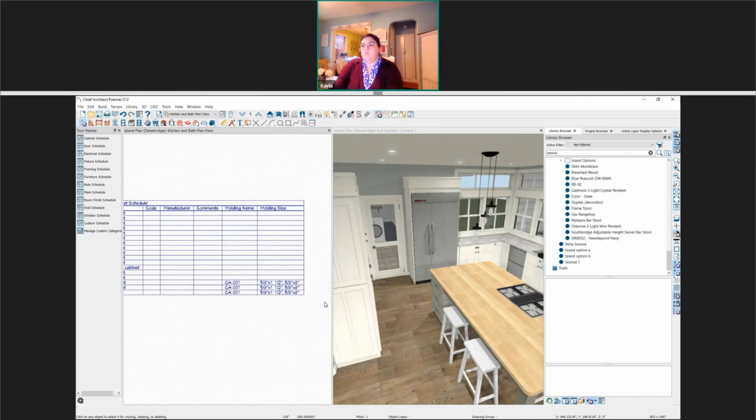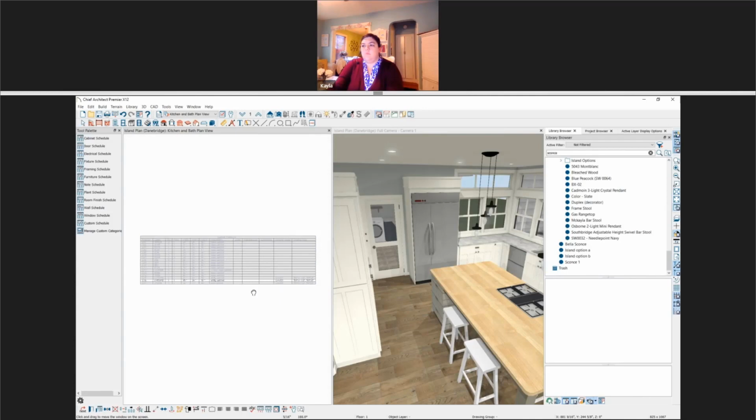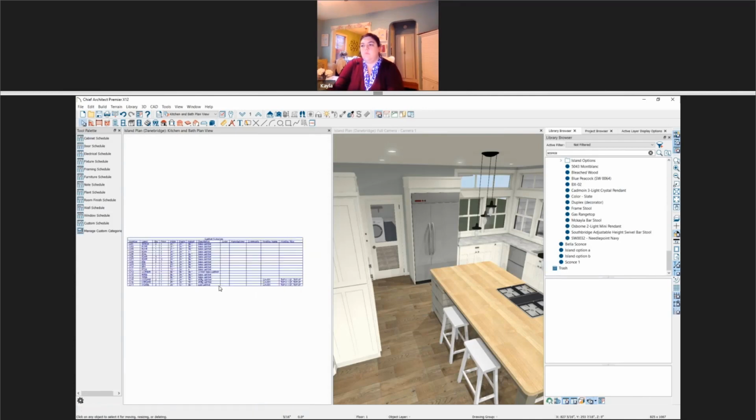But I will tell you right now, I've been pushed back on that a number of times by cabinet manufacturers that doesn't count for adding moldings to a contract. So a way to be able to add moldings or accrue what those moldings are per linear foot for the cabinets to go into a schedule. I'm wondering, Al, do you know if there is a macro of some kind that can be added for that?